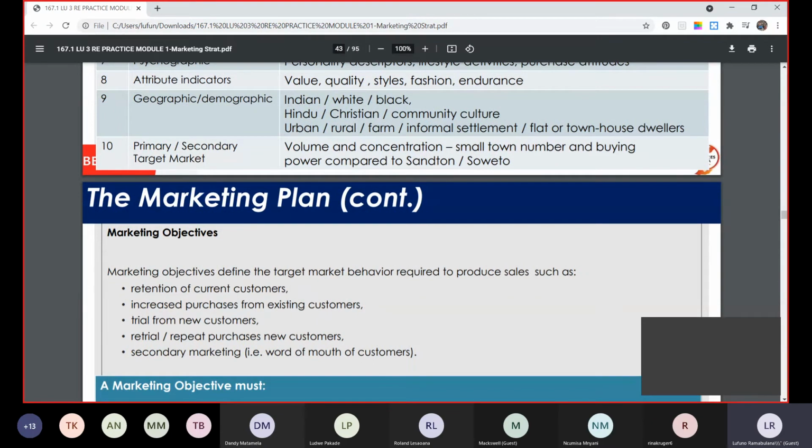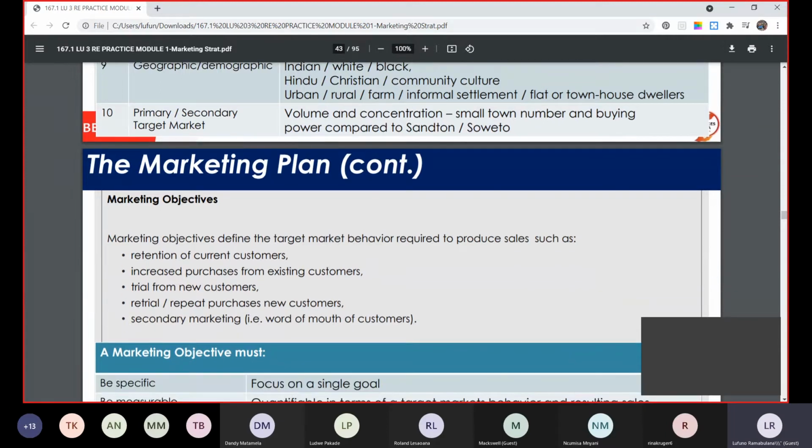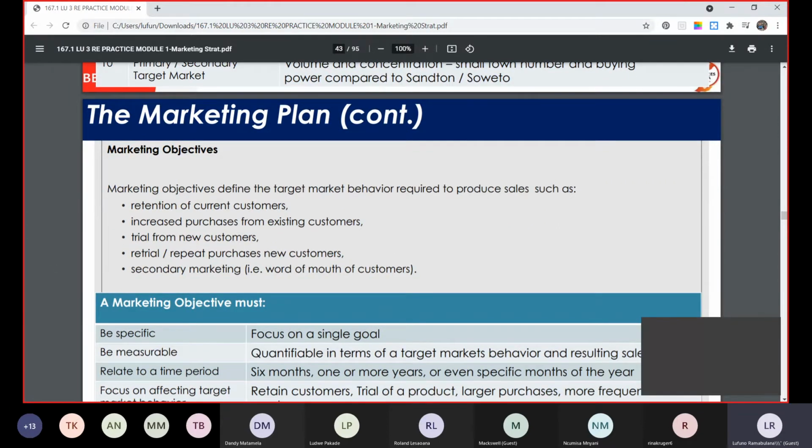Your primary or secondary target, you're looking at your volume and concentration. Is it small town numbers, or what is the buying power compared to your Sandton or your Soweto, for instance? Then we come to marketing objectives. Marketing objectives define the target market behavior required to produce sales. This is important. So ultimately, we want to get our sales. Your retention of current customers, increased purchases from existing customers, trial from customers, retrial, repeat purchases,